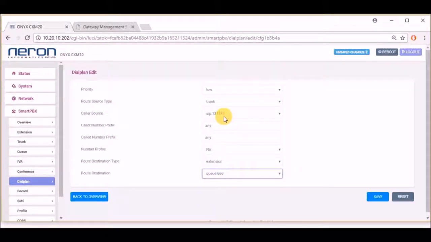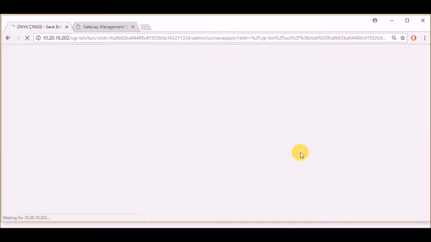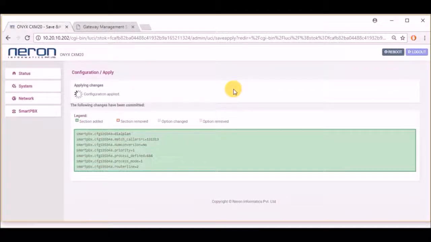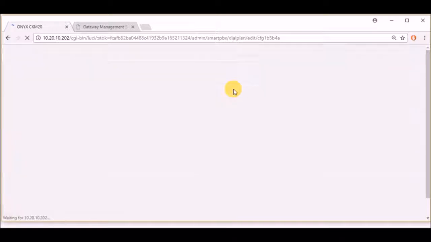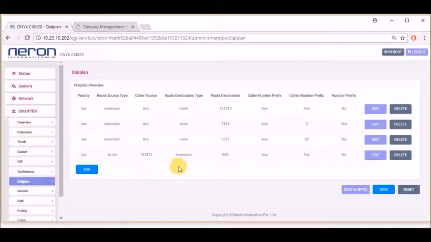So every call that comes from SIP 131313 will come to queue number 666, and click on save. Click on unsaved changes, save and apply. Click on back to overview. As you can see, our dial plan is done, and now we have to configure it from the gateway section.